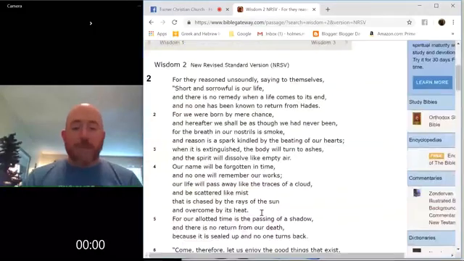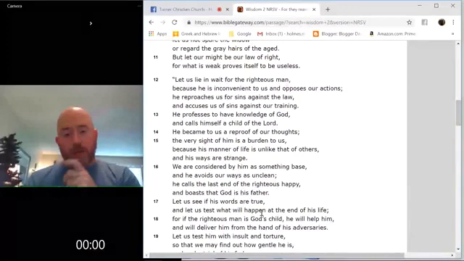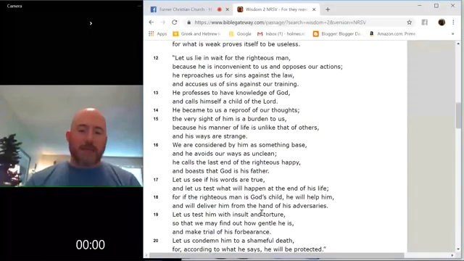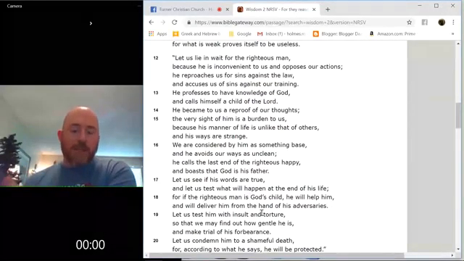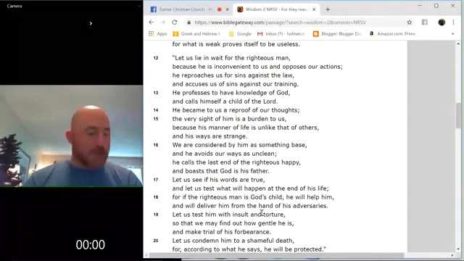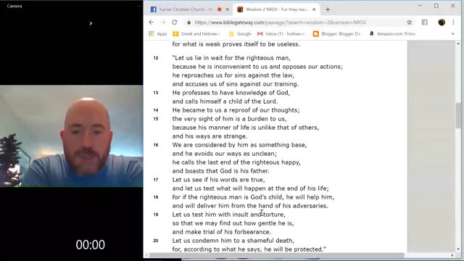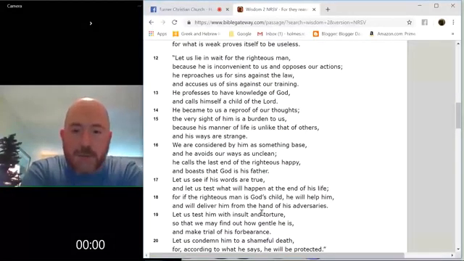So I want to show you a few passages where you see some very common language between the Apocrypha and the New Testament that to me indicates that they were probably reading these books, and they knew that their audience was reading these books when they wrote the New Testament. So we're only going to look in one apocryphal book for this session. We're going to look in the book called Wisdom of Solomon, which is a wisdom book similar to Ecclesiastes, or more like Ecclesiastes than Proverbs. And